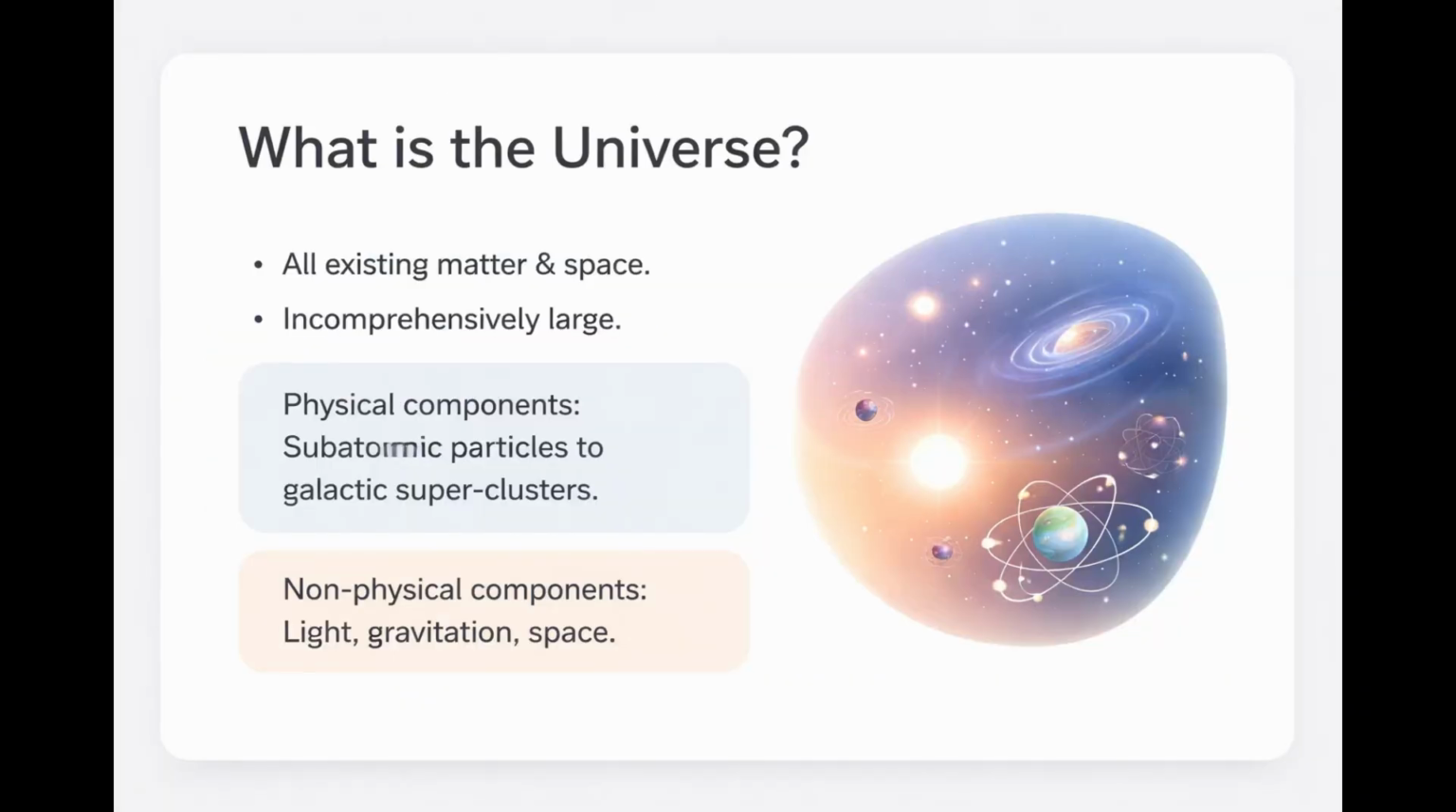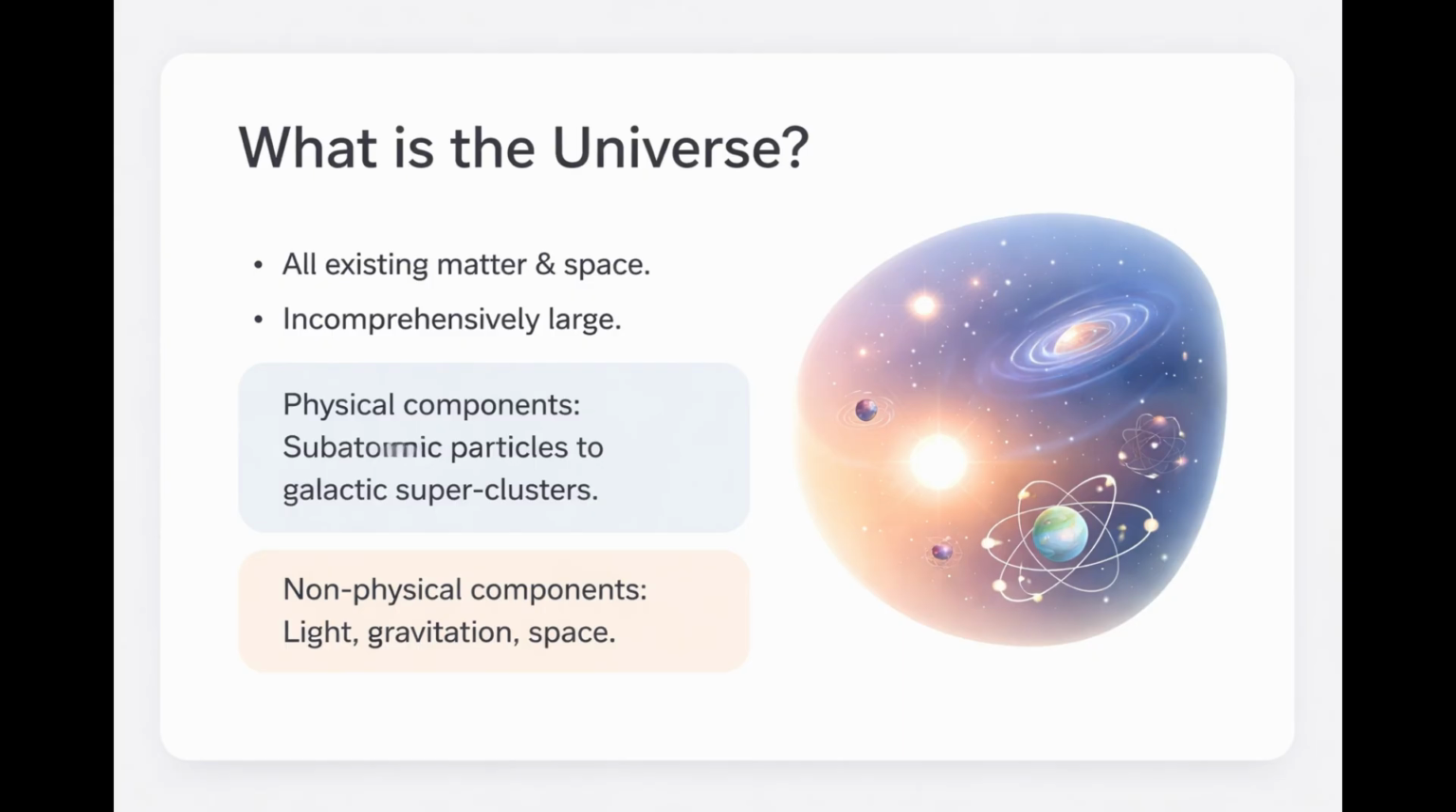So, what exactly is the universe? Simply put, it is all existing matter and space. It is so incomprehensibly large that it defies human imagination. It includes physical things, from the tiniest subatomic particles like electrons to massive galactic superclusters. But it also includes non-physical components that govern how things interact, such as light, gravity, and the very fabric of